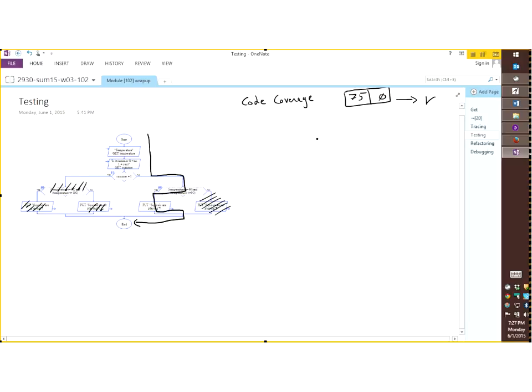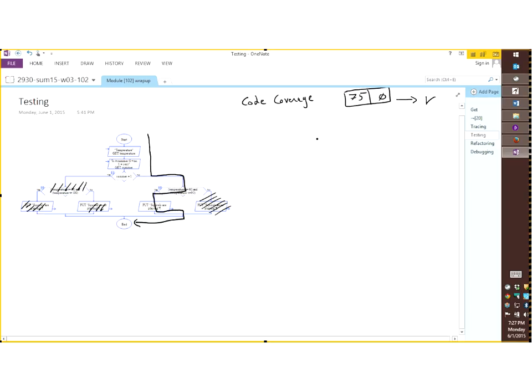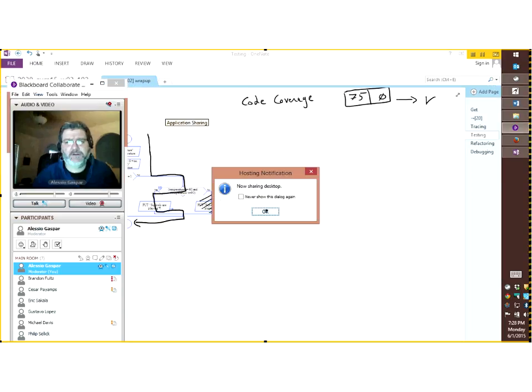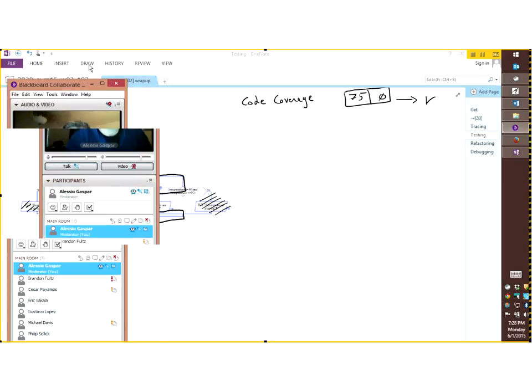And I think that I just got the screen sharing disabled by Blackboard Collaborate. Thank you for that. I'm going to stop the sharing, restart it, just to make sure. Because generally what happens is that when this happens on my end, on your end you can still see the screen, but the screen is frozen. So we don't want that. I want you to stay with me and be able to follow as we move through those slides.